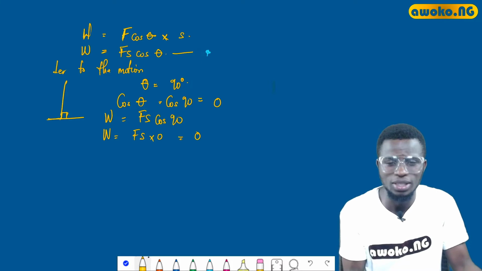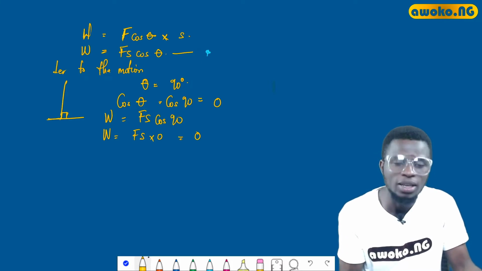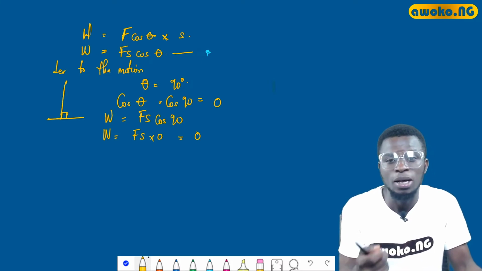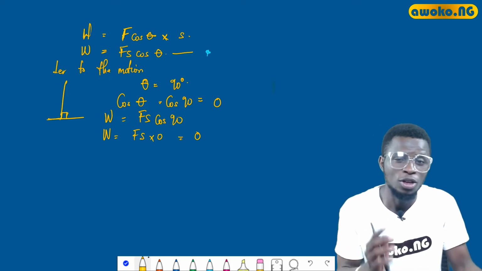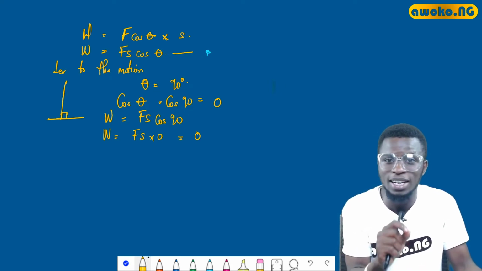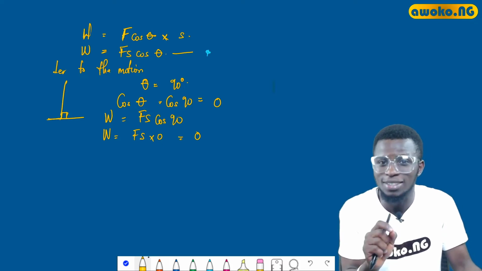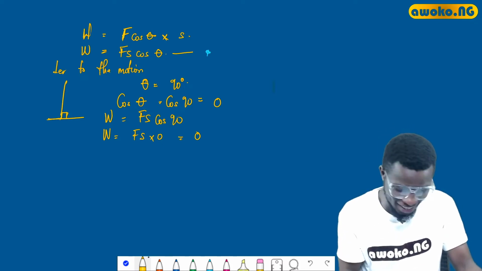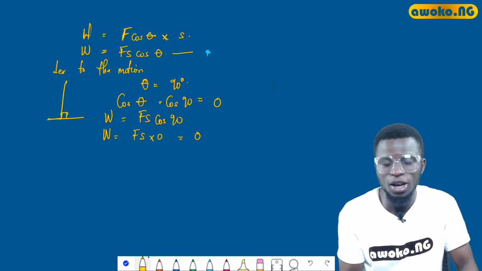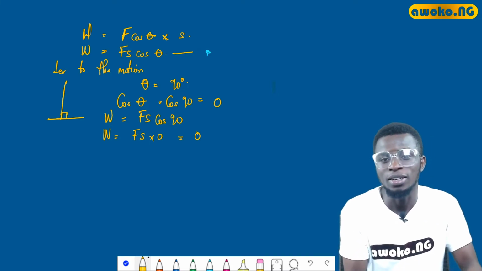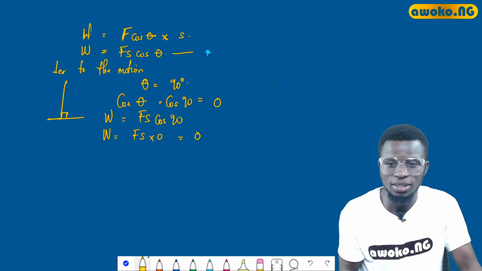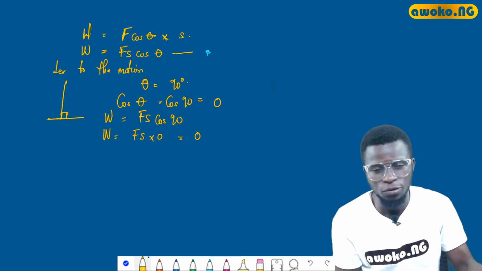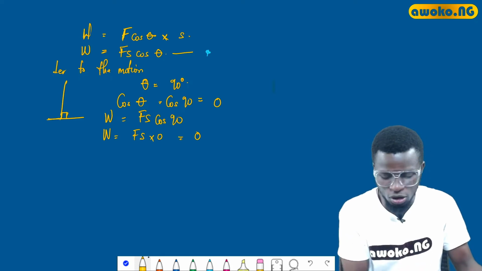I might just ask you, what is the work done when a particular force is applied perpendicular to the motion? Of course, there is no need to solve that at all. Just go straight to your options and click the option that has 0 as the answer. It's as simple as that. Now, to further discuss what work done is, I would like to take a particular example from the JAMB